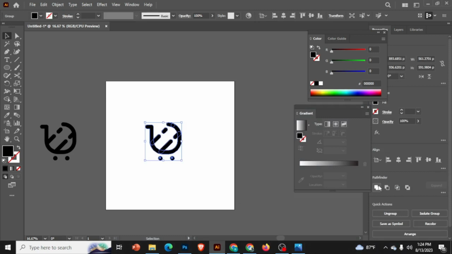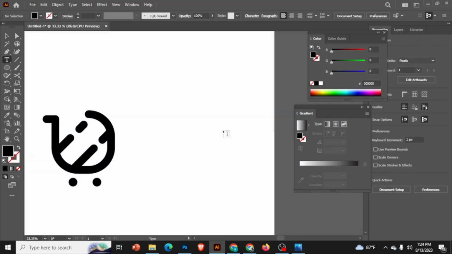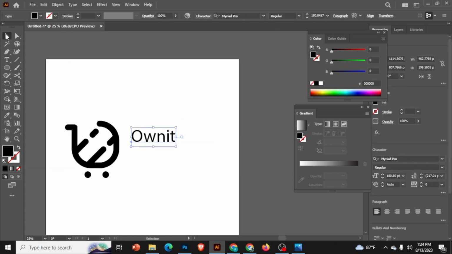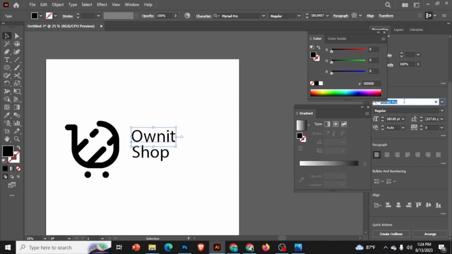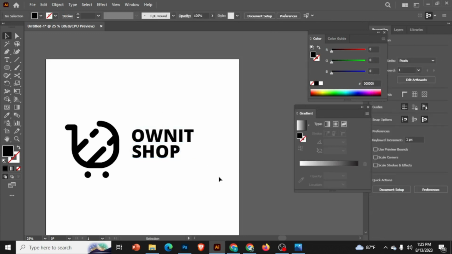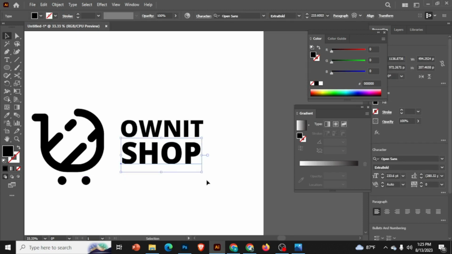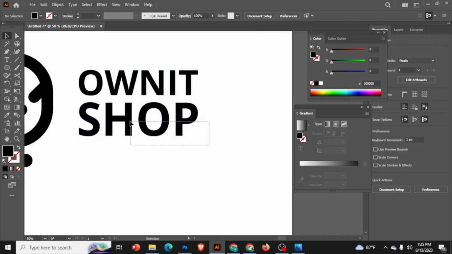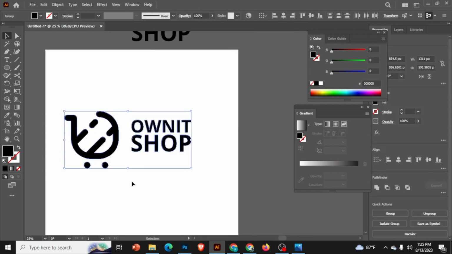Now let's add the final touches that will truly make our Own It Shop logo shine: typography and color. For our typography, I've chosen Open Sans. Its clean lines convey professionalism and approachability, aligning perfectly with the diverse range of products Own It Shop offers. Our color choice, #ED4706, is a vibrant orange that embodies enthusiasm and creativity,